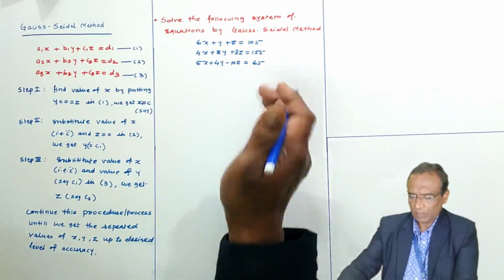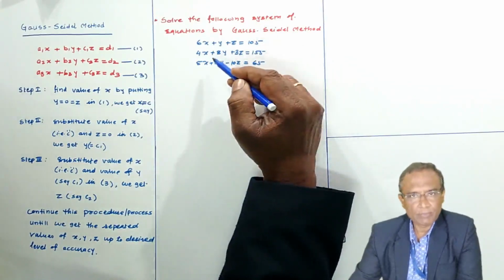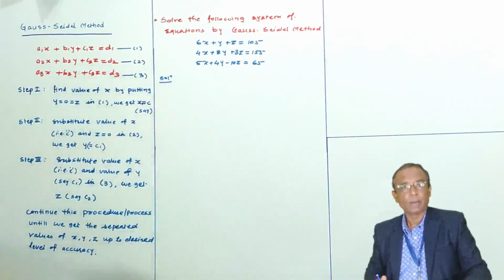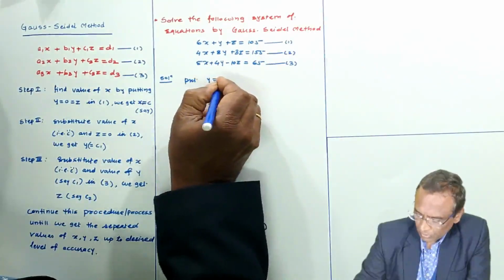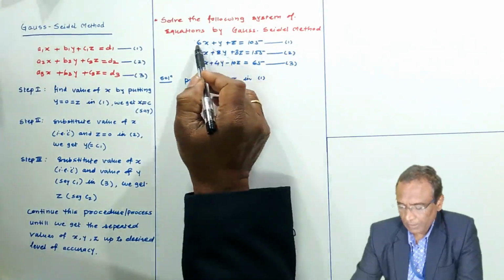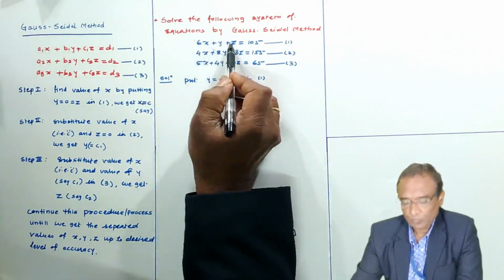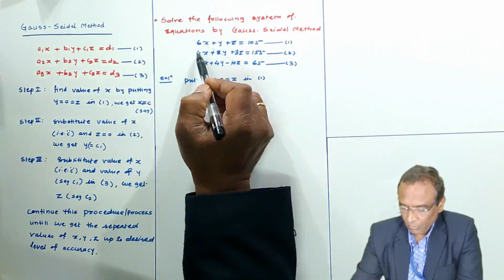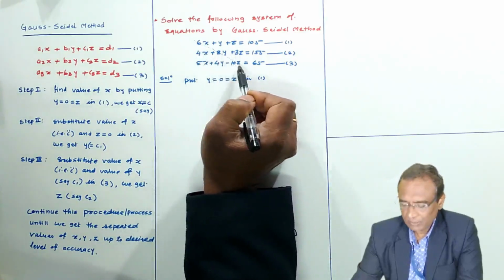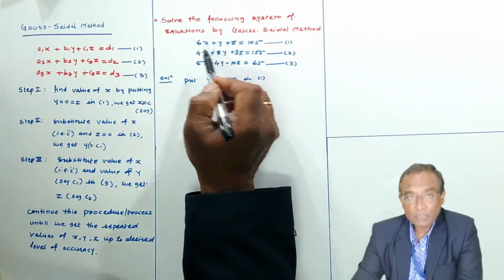Quickly you can check that all the constants are on the right-hand side and all variables are on the left-hand side. If it is not so, then you can arrange it like that. Now, as per this procedure, y equal to 0, z equal to 0 in equation 1. Here in this equation, looking at the coefficients only, 6 is the largest. Here 8 is the largest, and numerically minus 10 will be 10, which is the largest. 10 is maximum, 8 is maximum and 6 is maximum.